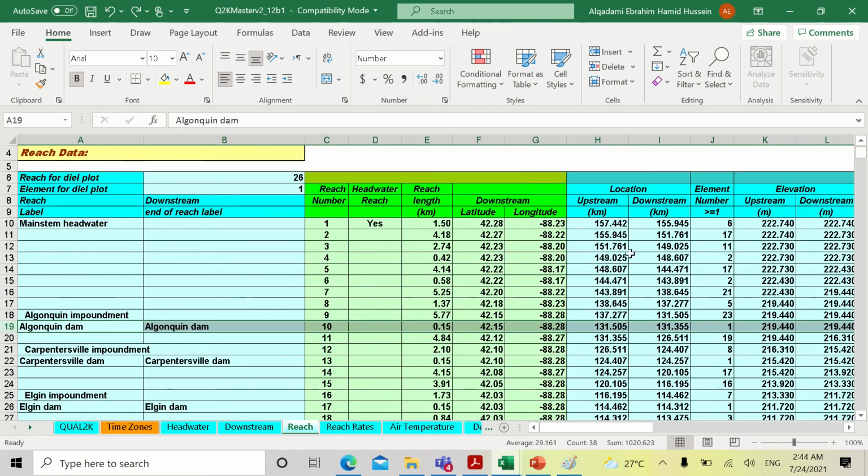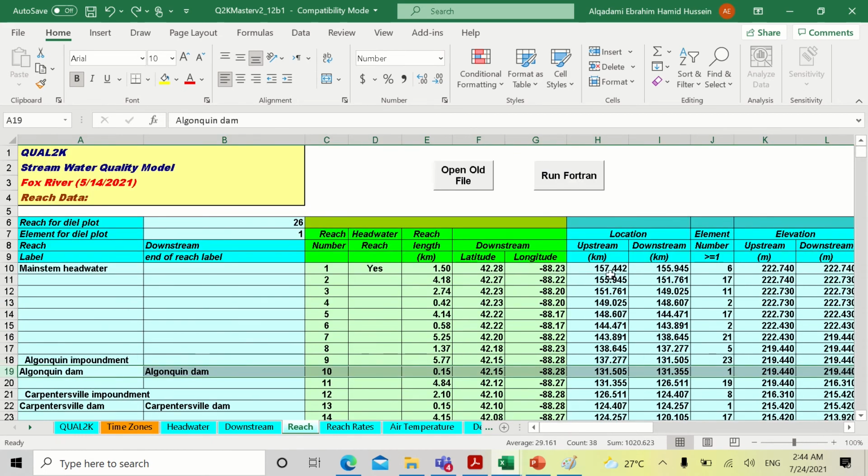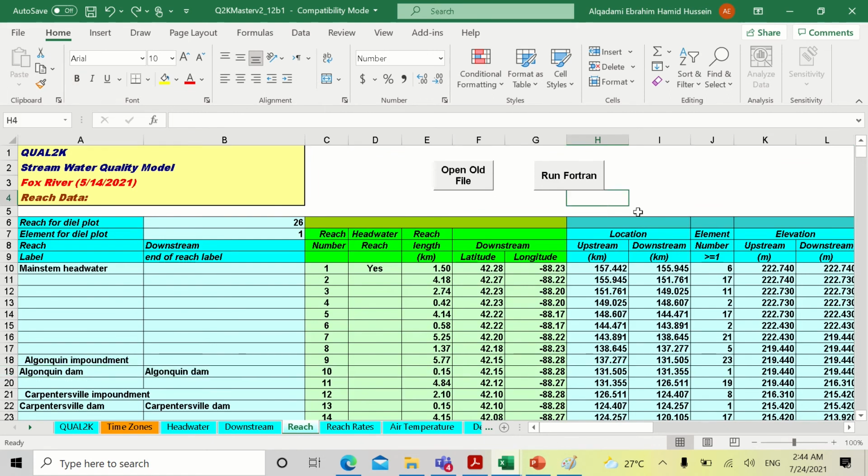And if we get the difference between the headwater and the dam location, just let me calculate it here, this value minus this value, then equal. So you can see it's around 25.938